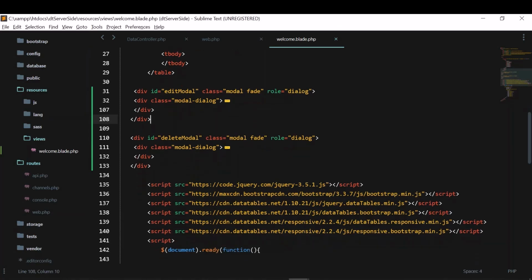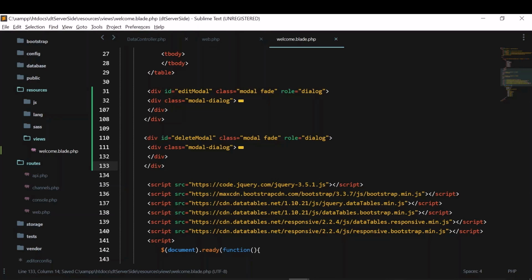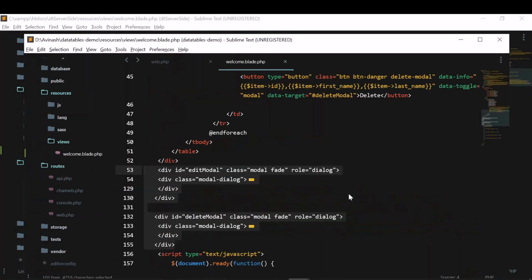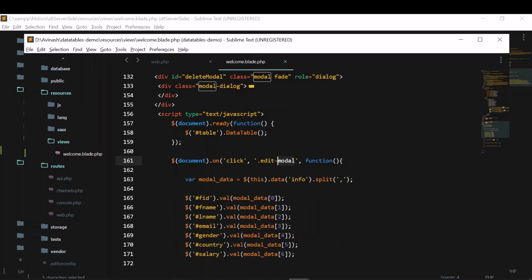So now what I'll do is create some actions. When this model pop-up is clicked, we need to show the data. That will be similar to what we have done in the client side. So this is the client side. You can see on click edit model, that means when the model is clicked, we'll get this data.